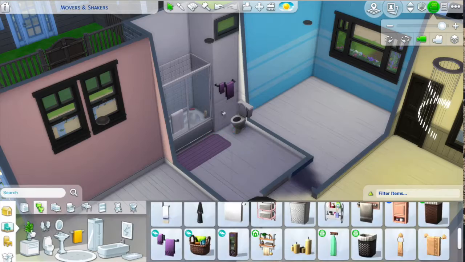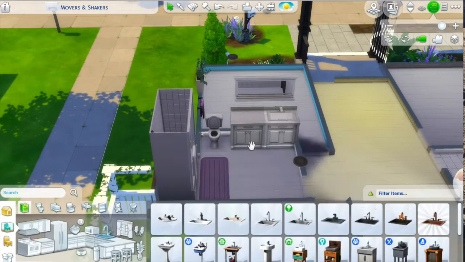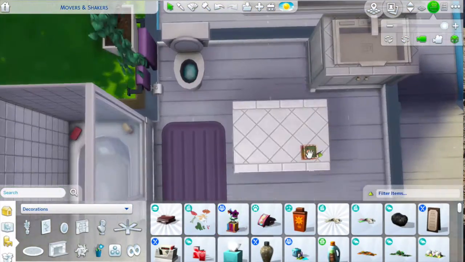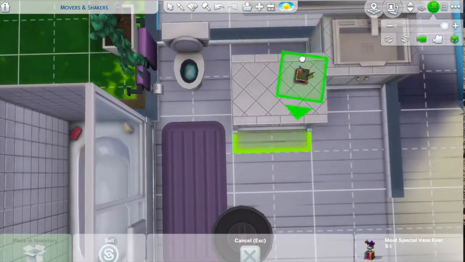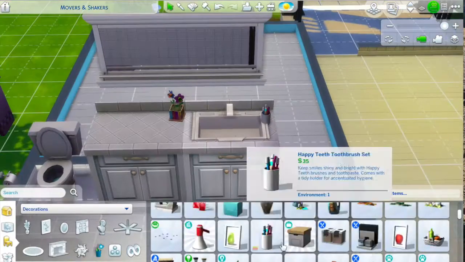We're almost done. I'm just placing windows in here, and now we're going to start furniture. Like I said, this house is pretty basic, 3 bedroom, 2 bath, and a laundry room. I like to have my rooms look really homey, so you'll see I have a lot of little knickknacks and